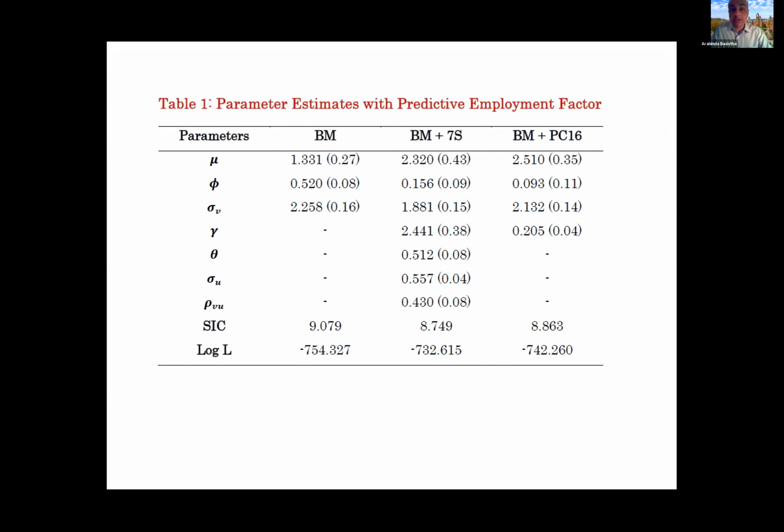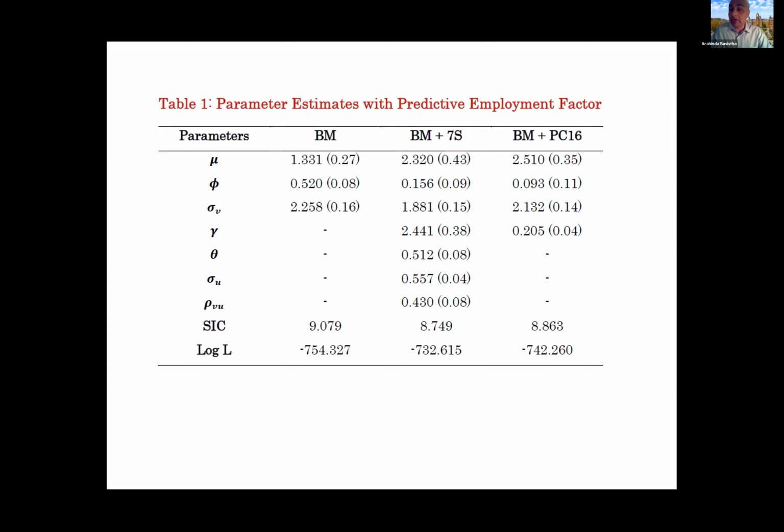Parameter estimates. So BM is the benchmark. That's the ADNSS model, exactly the ADNSS model. So the phi is the autocorrelation, the first order autoregressive component. You can see it's 0.52, higher than what you would get from a GDP growth rate, and that is exactly what they get. So this almost exactly replicates with expanded sample the ADNSS model. Basically, getting rid of the noise improves the predictiveness of the